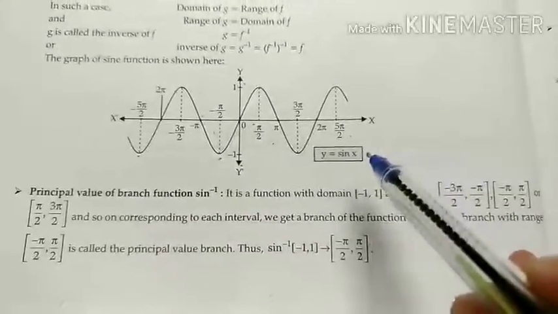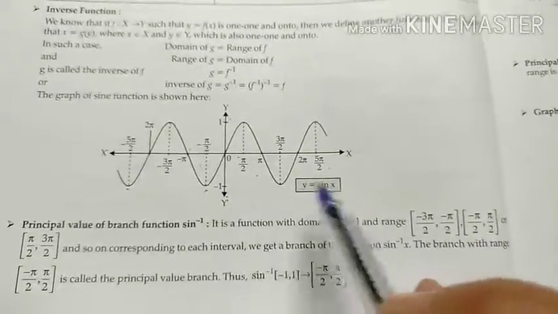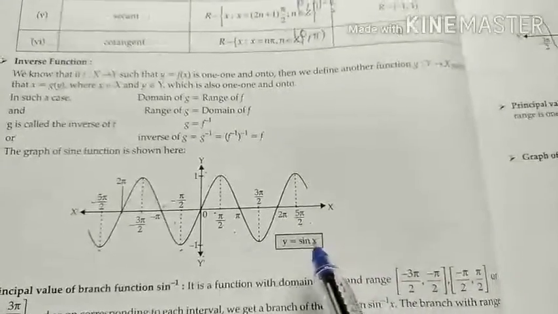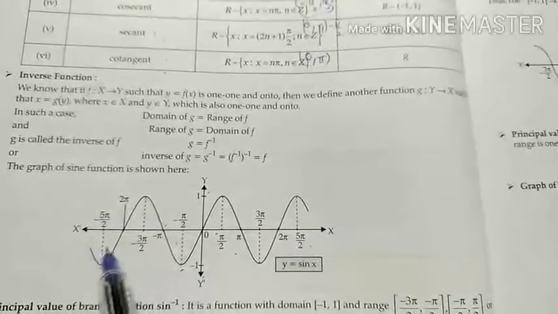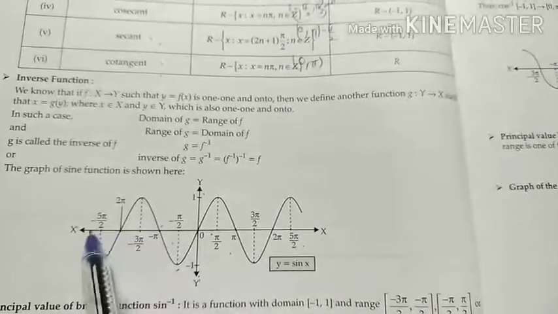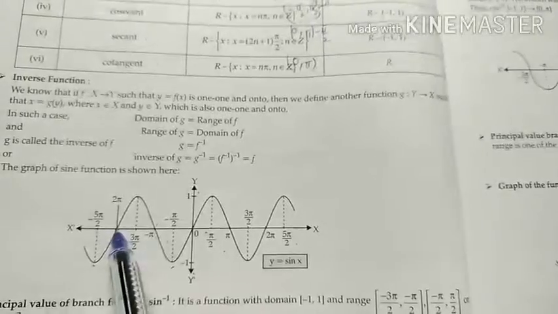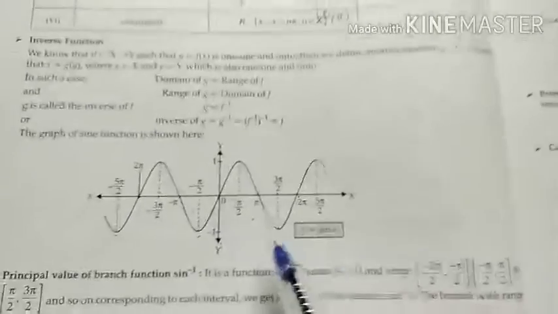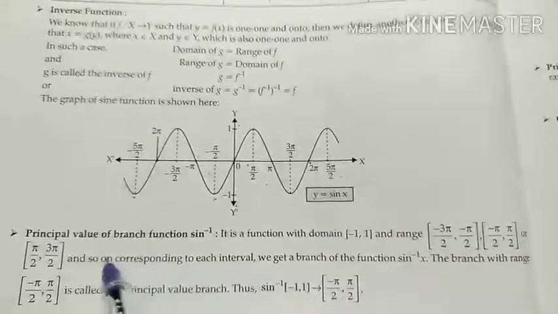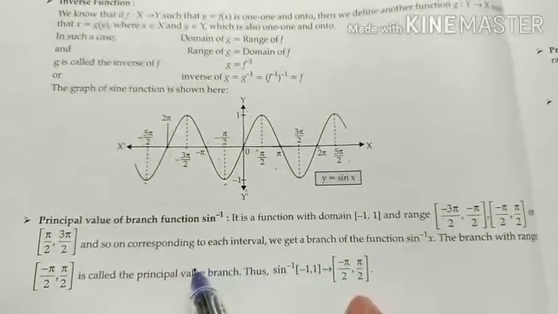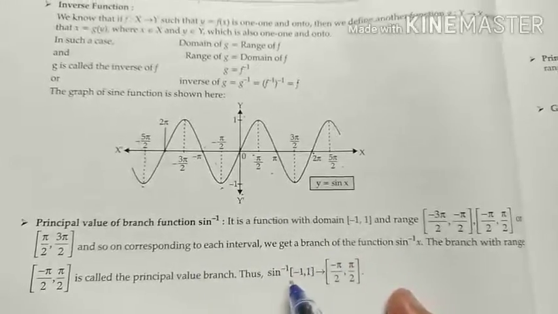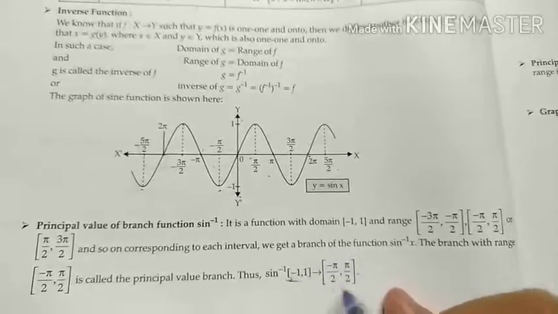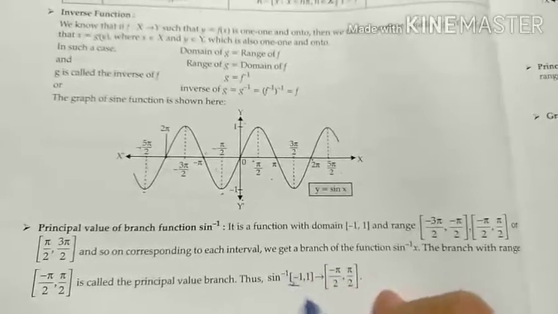This is for the sine inverse. That is, if you go with the principal value of sine inverse, it lies between 0 and 360 degrees. So if you look at this, your principal value, your angles, go up to 360 degrees. This one is 2 pi, and 2 pi here also. Then that is y is equal to sine x. And if you go with the principal value of sine inverse, then this will be considered as your principal value branch. That is your range and that is your domain.